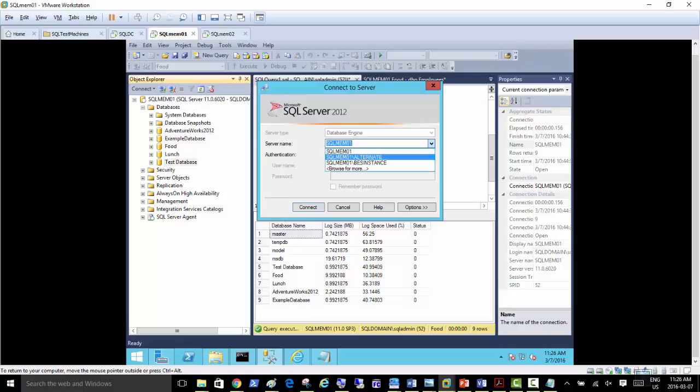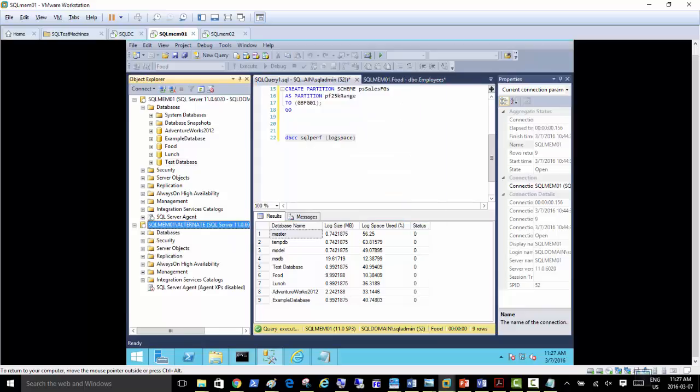So I'm going for the second instance and connecting to that as well. We should be seeing 2 instances here on the left side in the Object Explorer. So I'm just going for alternate instance and connect. Now we should be seeing 2 instances. So you're seeing 2 instances, right? Did you load? Oh, loaded. So let's just load 2 instances there.